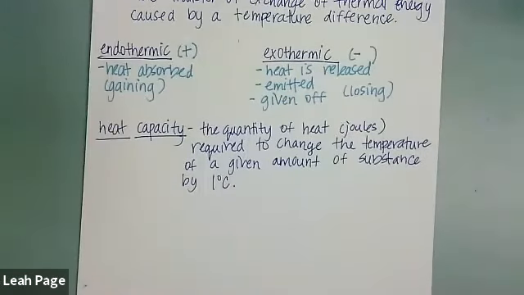Oh, yeah. So when we talk about exothermic versus endothermic, an exothermic process or reaction is, for instance, when something catches on fire. It's going to give off some heat. It's going to be hot when we talk about exothermic reactions. Endothermic reactions are kind of like the opposite. You're going to be gaining heat.